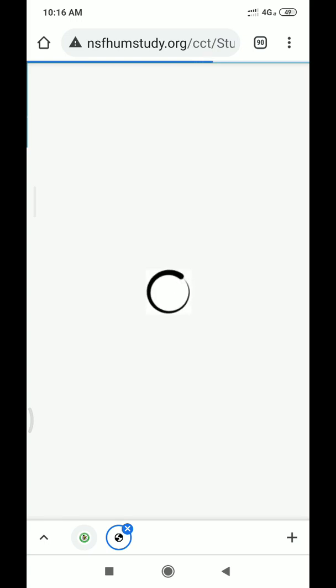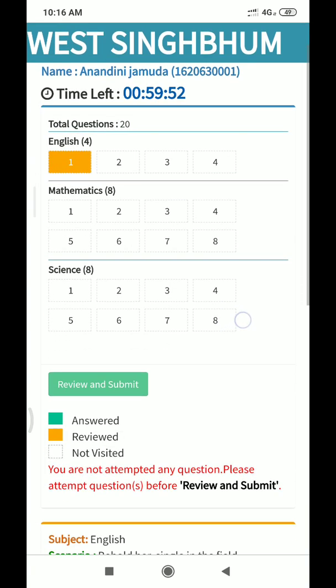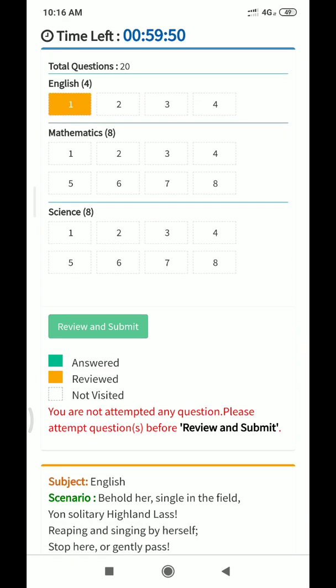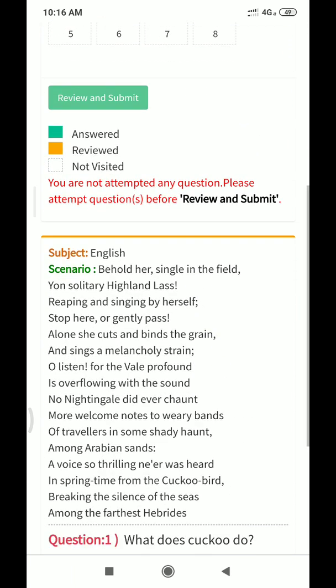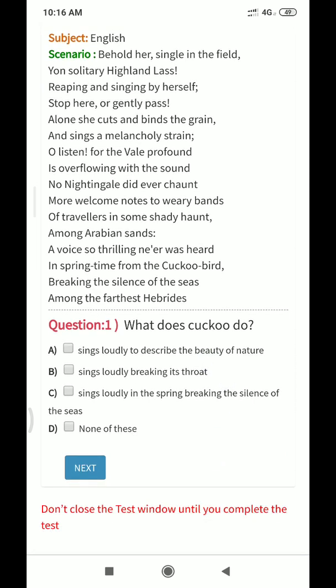It will take you to a window that contains the question paper. The total questions are 20. The first 4 are English, the next 8 are maths, and the next 8 are science. Now you have to scroll down and read the paragraph given and write the answers. The paragraph is given, and below that some questions are given.